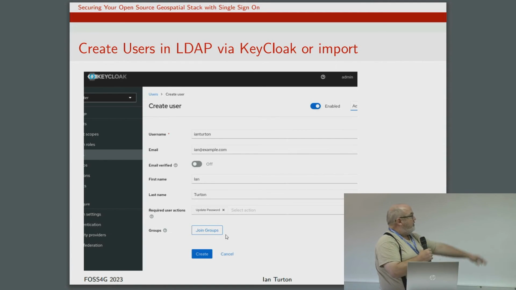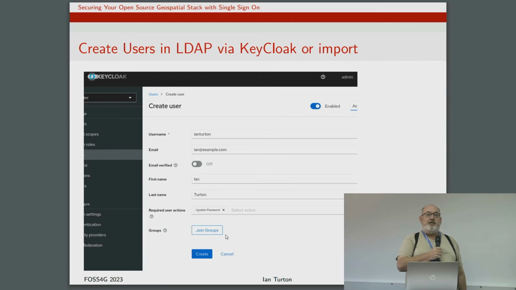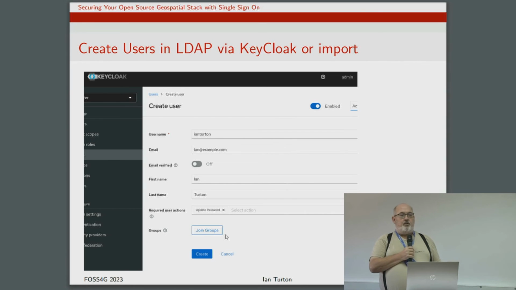directly from Keycloak. So you type a username in, you give the email address, first name, last name. You can then have required actions. I don't think you'll be able to read that screen, but that says the first thing they have to do is update their password. And that will trigger Keycloak into sending them an email saying the admin has set this account up and said you need to change your password. And it will then prompt them to go to Keycloak and set a password on their account. You can also add them into groups down there, depending on what data sets you think they should be able to look at later.